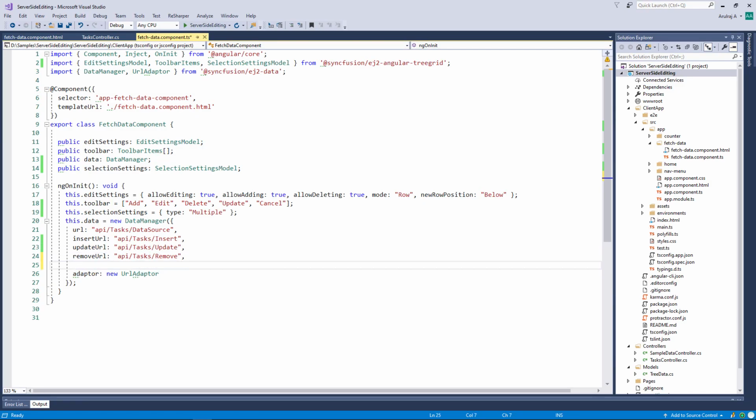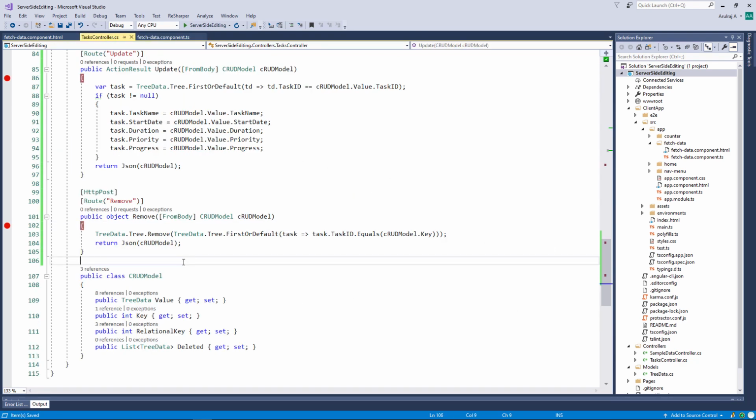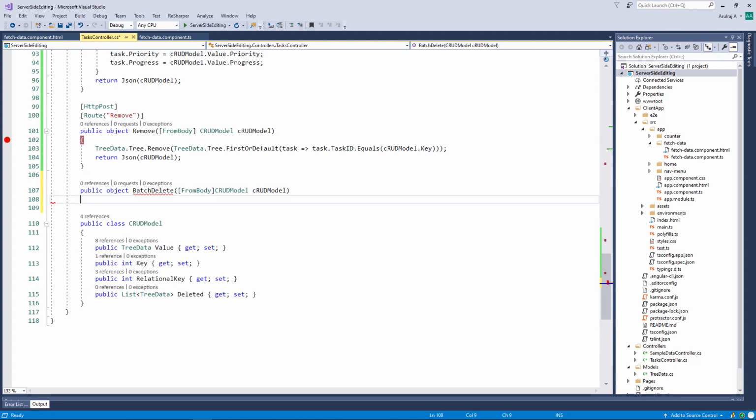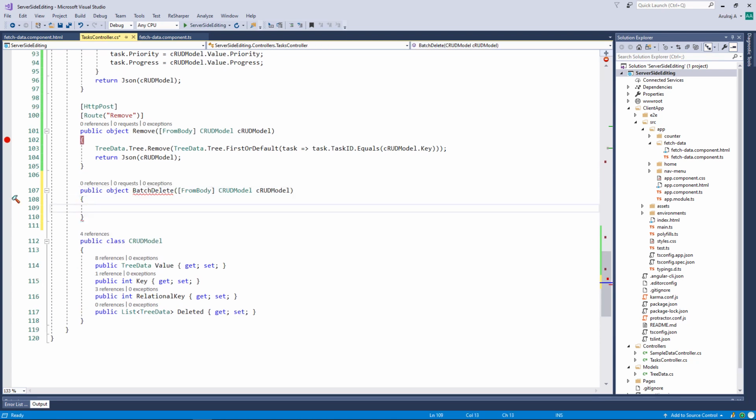Now in the data manager object, let me add the batch URL property with string API tasks batch delete. In the tasks controller class, I am implementing the method batch delete with the parameter CRUD model object. Since deletion can be performed on one or more rows, it receives a list of records while deleting.